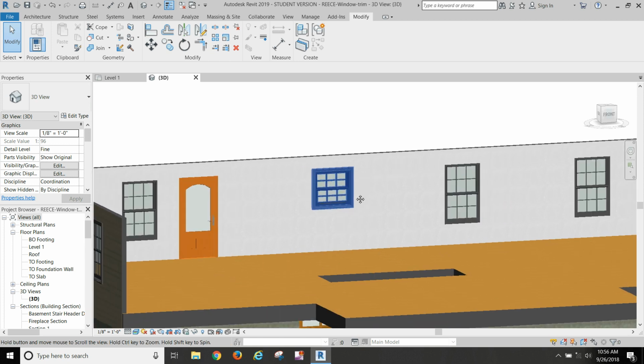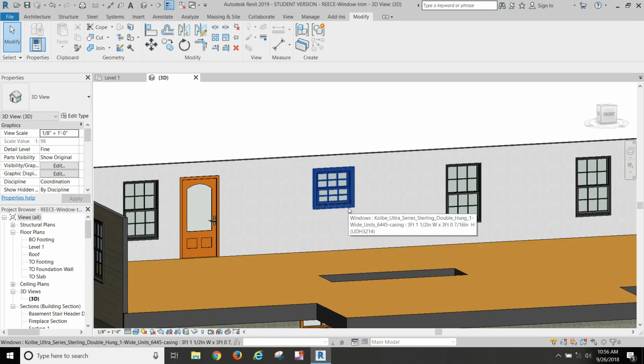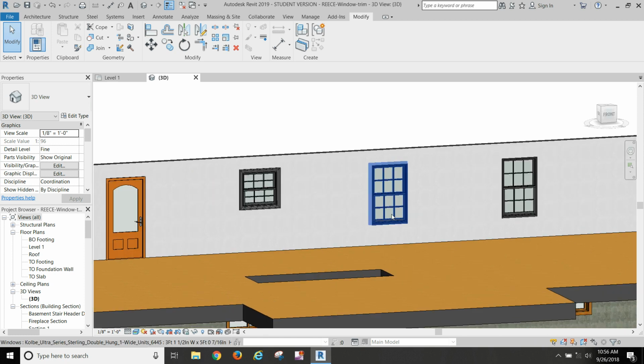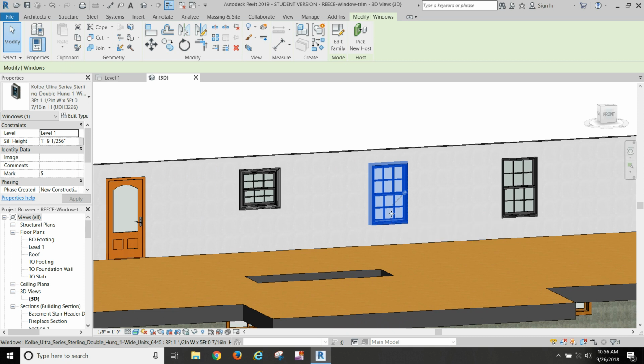And what we're doing is we're actually modifying the file, so we're going to make a copy of it. And so I'll start with this one, and I'm going to go edit family. And I think I'm almost out of